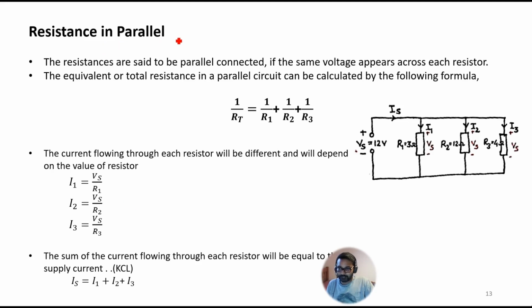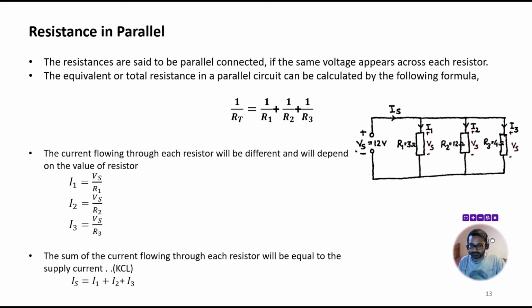Now, resistances in parallel. We have discussed resistances connected in series, and now let's discuss resistances connected in parallel. In a parallel circuit, the three resistances are connected in parallel when the current gets divided, or different current will flow through these three resistances, right? So for a parallel circuit, the value of current flowing through each of these resistances will be different, but the